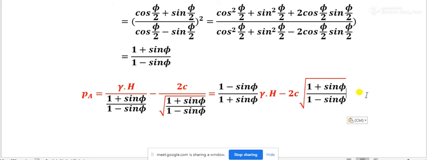But if you consider a soil with no cohesion, that is for cohesionless soil, for cohesionless soil obviously c equals to 0, small c,